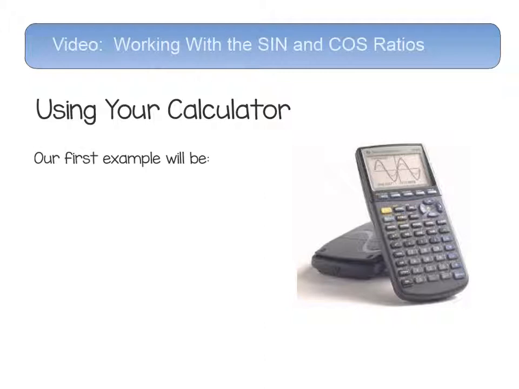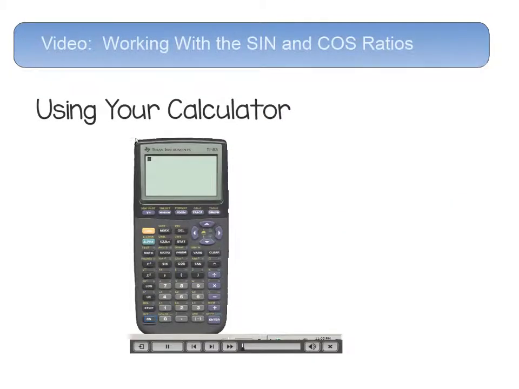Our first example will be to find the value for the sine of 40 degrees. Now, make sure your calculator is on. We want to find the sine of 40 degrees, so we're going to click on sine, type in 40 degrees, close the bracket, and press enter. We will now notice we have an answer,